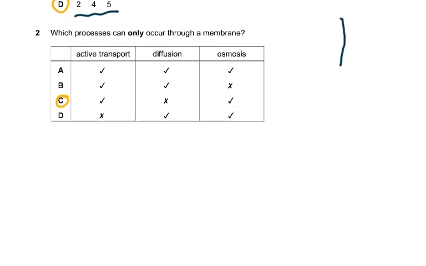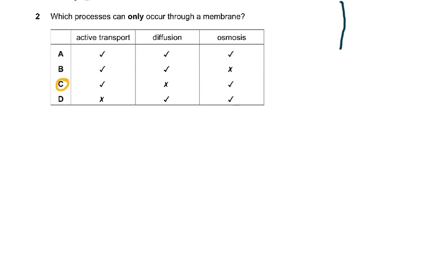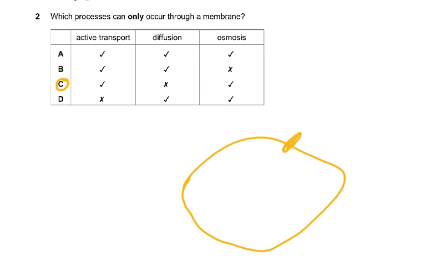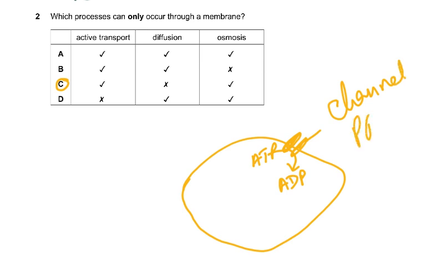Then coming on to question 2. Which process can only occur through a membrane? Yes, for active transport, you need a membrane because if a membrane is present, then there will be a channel protein in it which allows the active transport because it has an ATP binding site because it requires energy. So the ATP is converted to ADP, which is an energy currency. And so you need a channel protein and you need an ATP binding site where the ATP binds and active